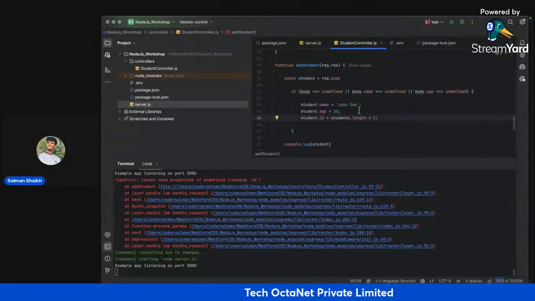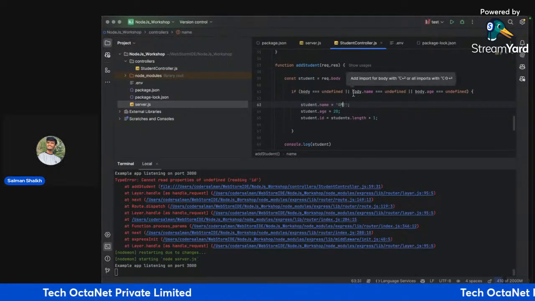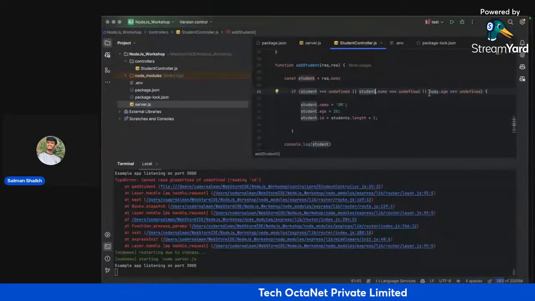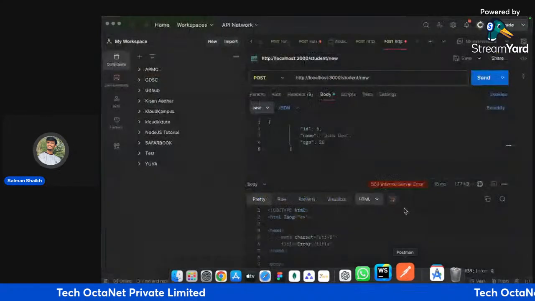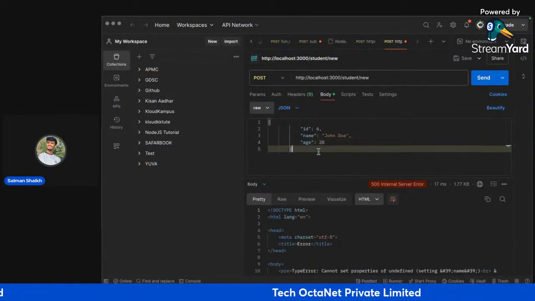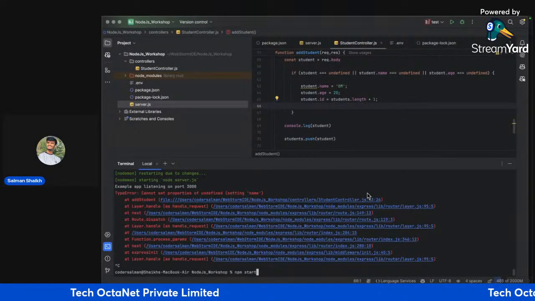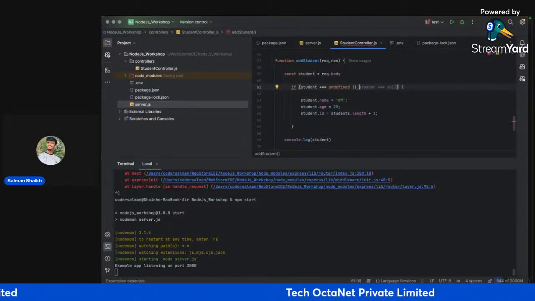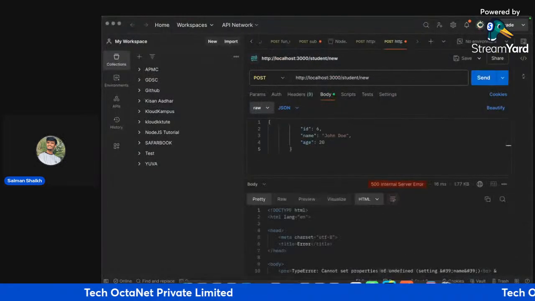Yeah, here we'll use Om. Now, if the body is returning null right over there, the student is undefined or null or something, so it should